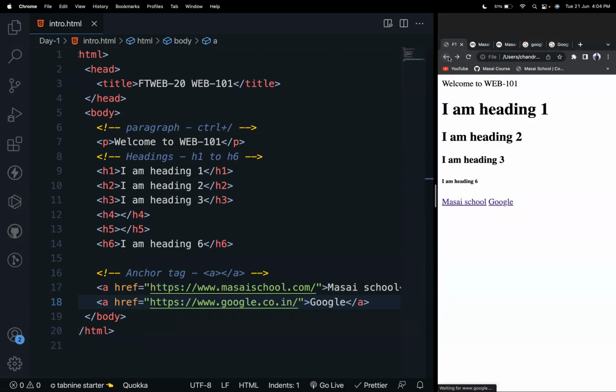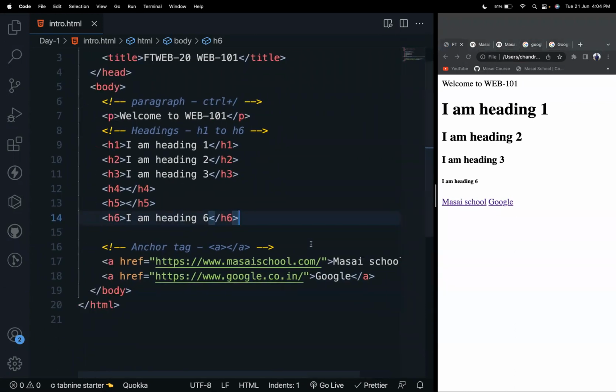Understood? Everyone? You can move to whatever website you want by keeping it in href. Okay, whatever website you want, you can keep in href. So now if you see this Masai School,